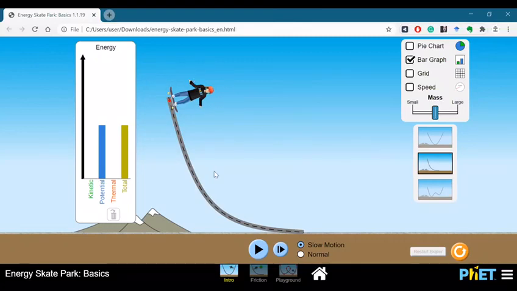Here we can see a skater on top of a slope or a curve. At the highest point here, we can look at the graph and we notice that the potential energy is at its maximum and it is equal to the total energy, which we call the